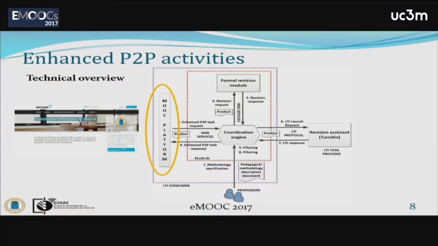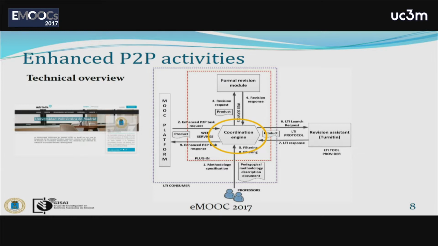In this platform, a plugin is integrated which communicates with a coordination engine, which is in charge of communicating all the different parts,